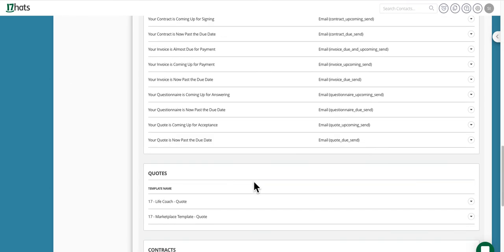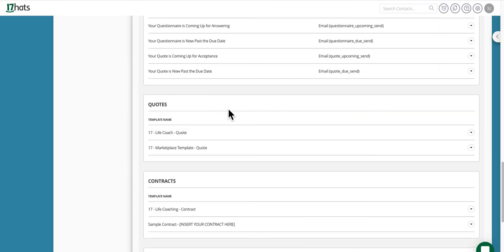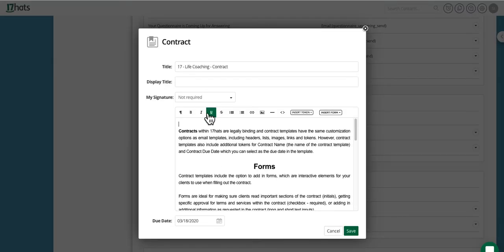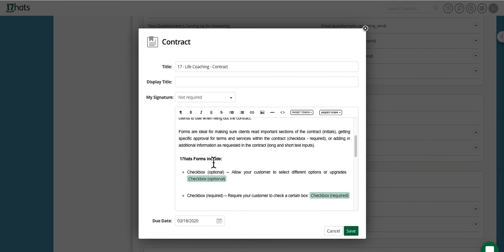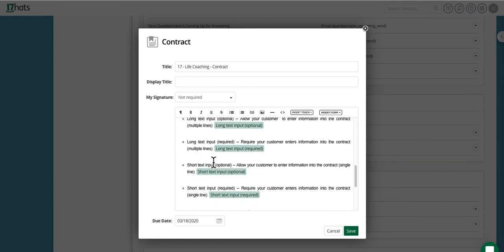It just has all kinds of different templates there. And then it also has some sample contracts here for quotes, and then here's a contract. If you just click on it, it walks you through what that contract is